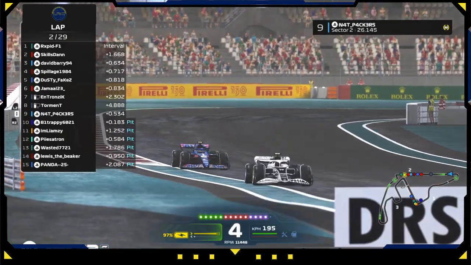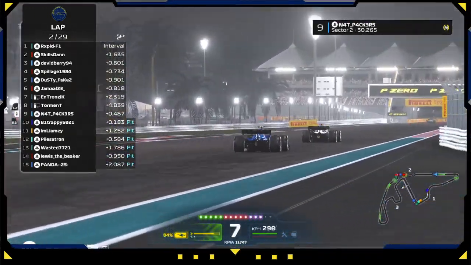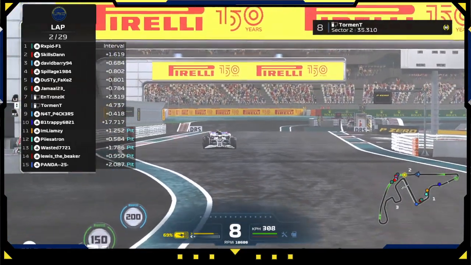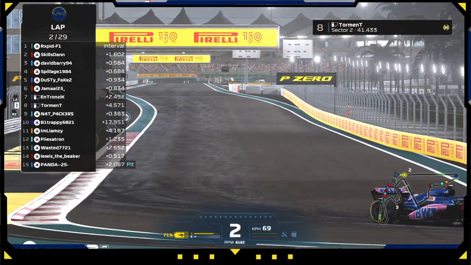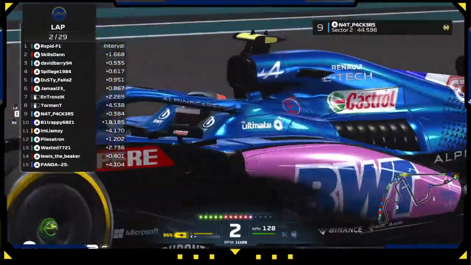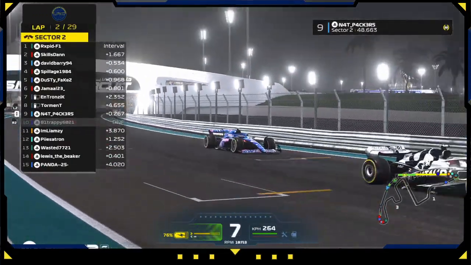Let's have a look. He's not going to have DRS yet. He has the ERS, and the AlphaTauri driver is not really known for having great straight line speed. So we're going to have a look what's going to happen here. Nat Packers, is he going to make a move on the inside? He's not. So he's going to keep it behind him, and he's going to keep it clean, you know. Not really any